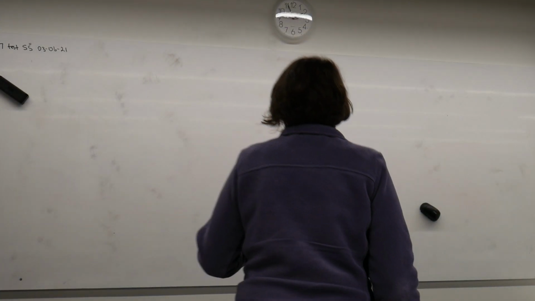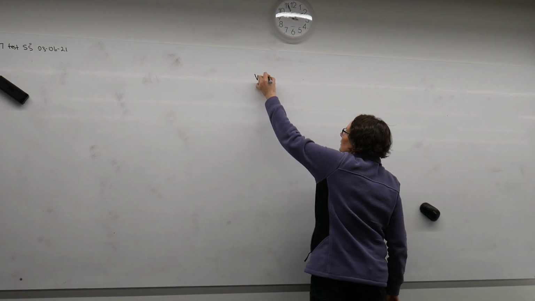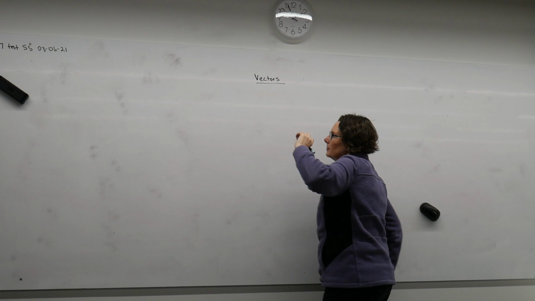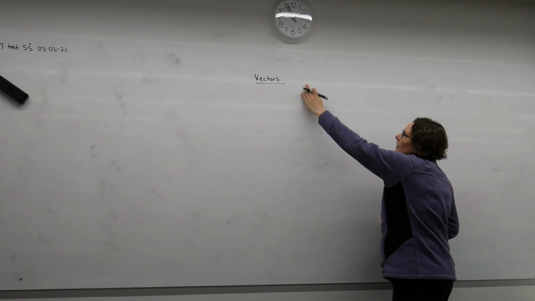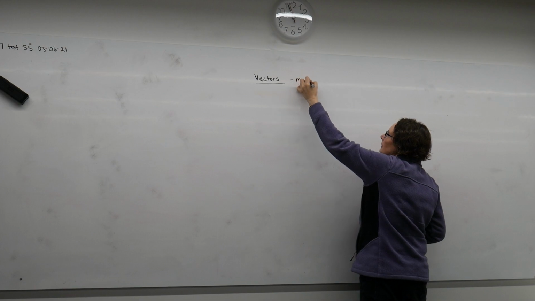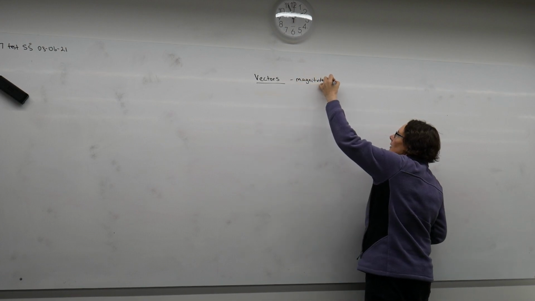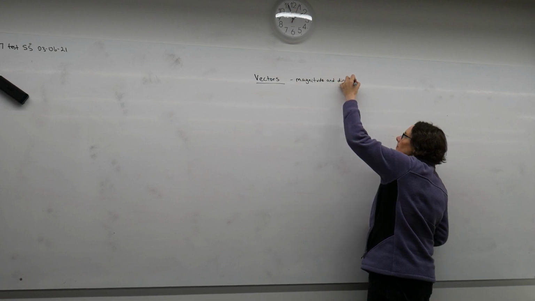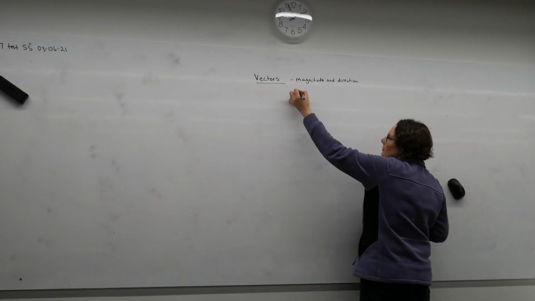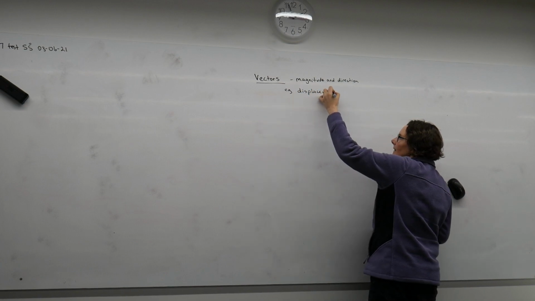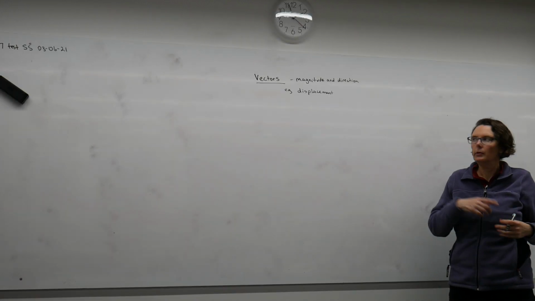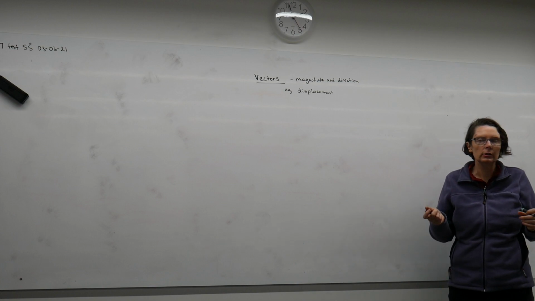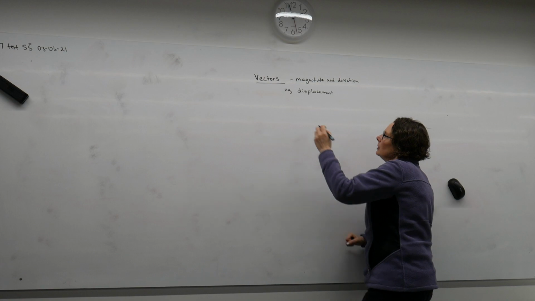Alrighty, let's talk about vectors then. And so our vectors, we said our vector quantities have magnitude and direction. And so far we've mentioned displacement as a vector quantity. Now the good thing about vectors is that we can draw them to make it quite easy to see what's going on. When we draw a vector,